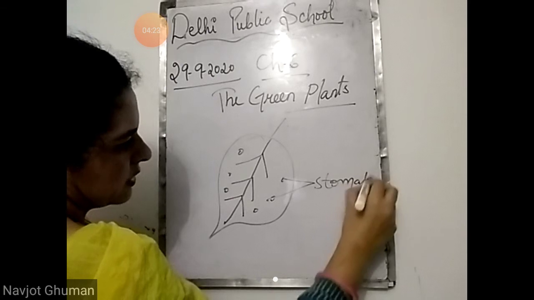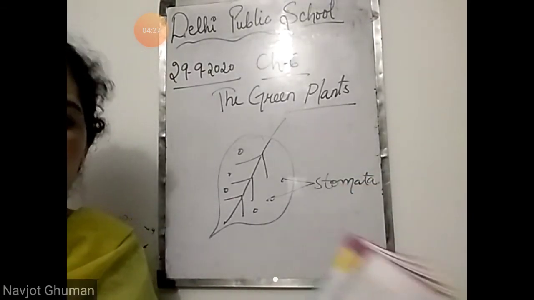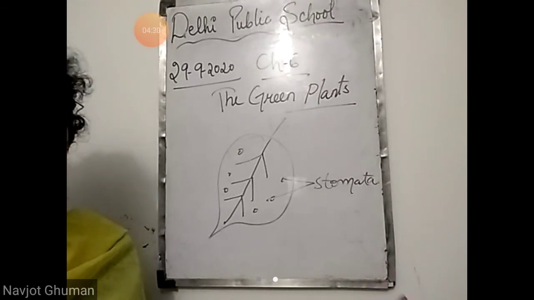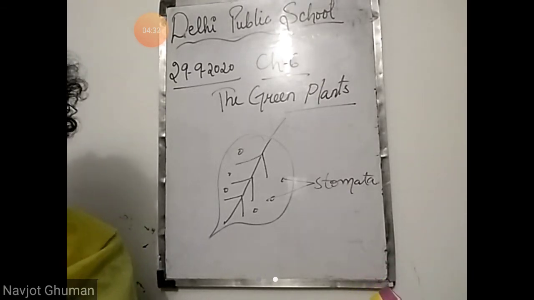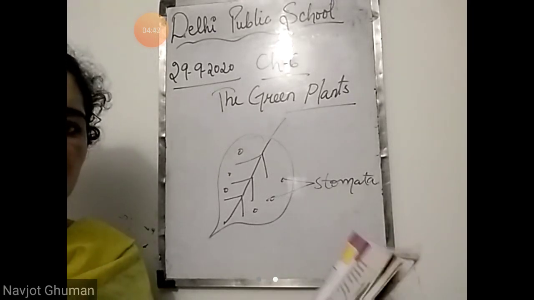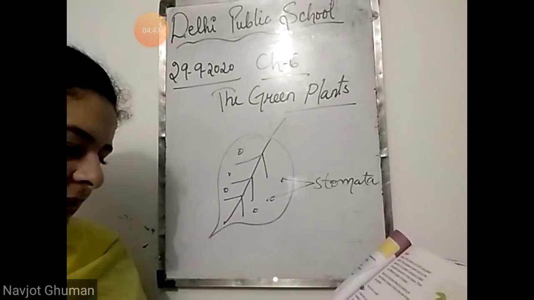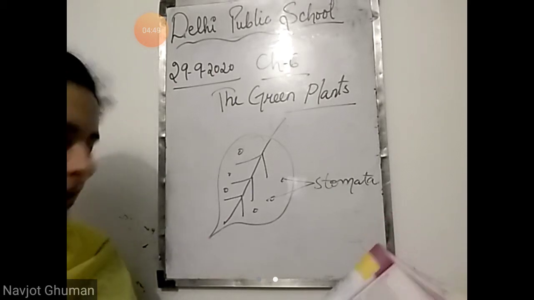Now, what is the function of stomata? Stomata allow air to come in and go out. जो ऑक्सीजन बाहर जाती है प्लांट से या कार्बन डाइऑक्साइड वो लेते हैं, that is taken in or given out through the stomata. वो stomata के थ्रू ही आती है या जाती है. So this is the function of stomata. The stomata let air flow in and out of the leaf.